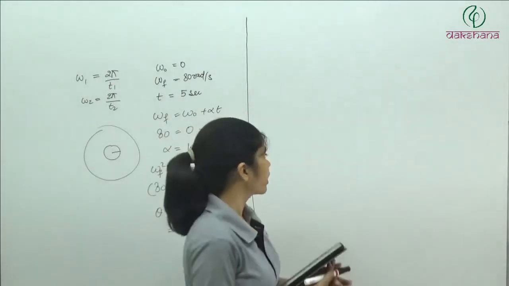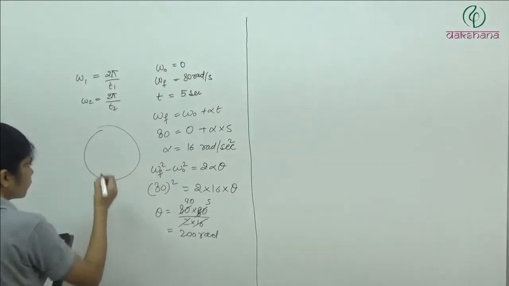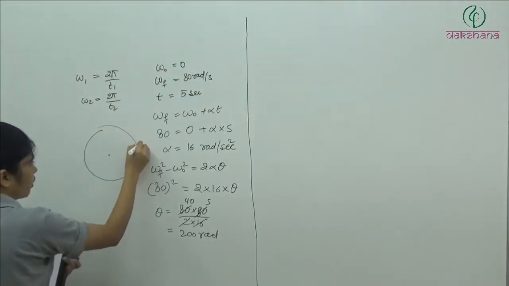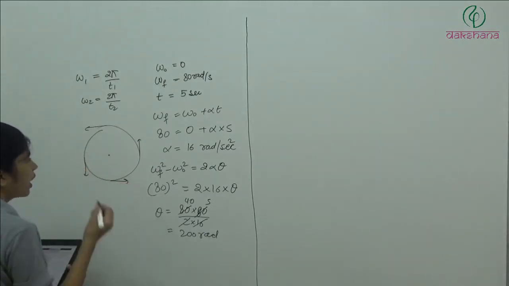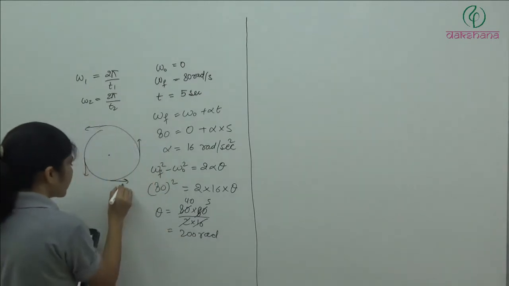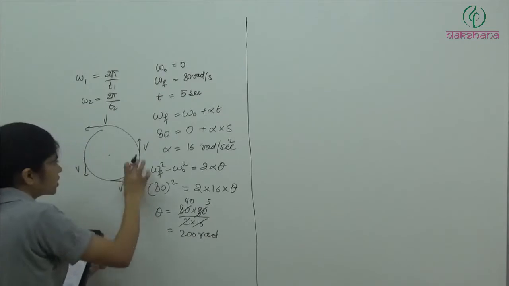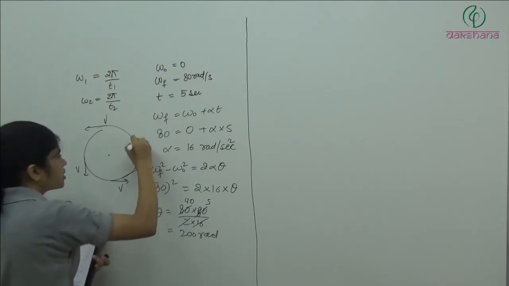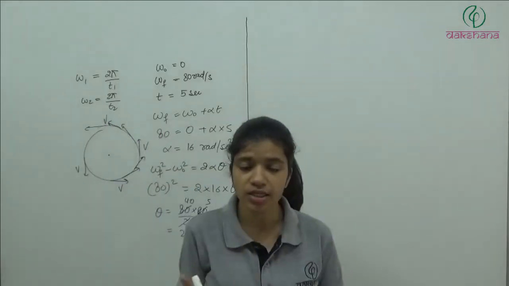So when we are moving in a circular path, here velocity will be tangential, here velocity will be tangential. If it is moving with uniform speed, which is given in the question, its speed is v. So speed is constant but direction is continuously changing. At every instant the direction is changing. So velocity is not constant, velocity is changing.